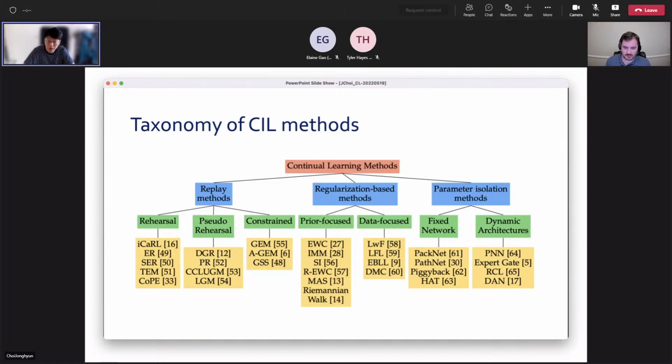That's the rehearsal method. The pseudo rehearsal keeps some information about the previous data and rehearses by generating the previous samples. The constraint method uses the samples previously used in past tasks,